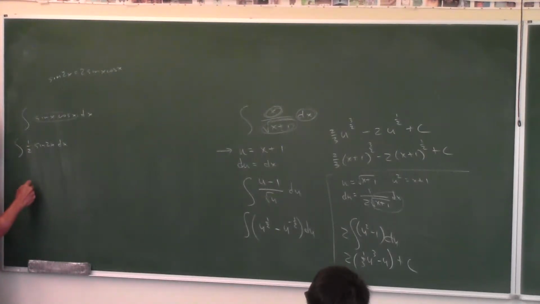Wayne, this is on the list. Come on, sine u is on the list. Okay, I'll give you a hint. The integral of sine u is negative cosine u plus c. So that's my negative cosine